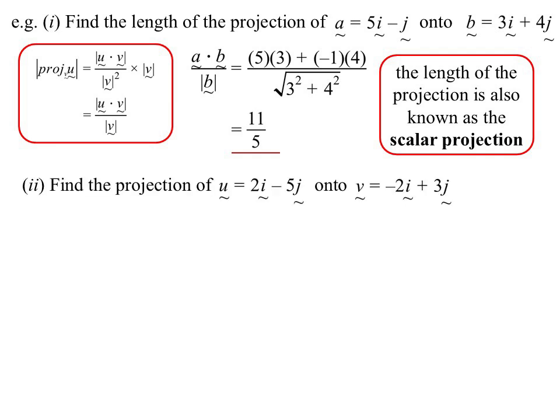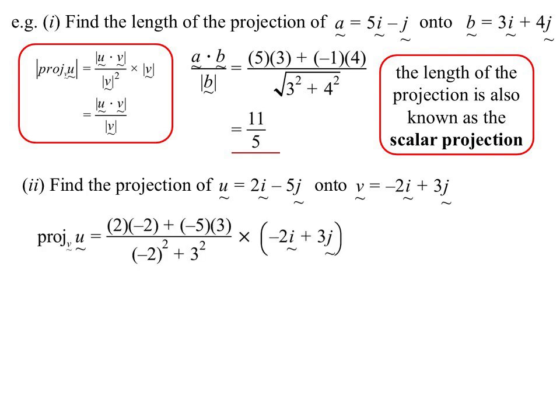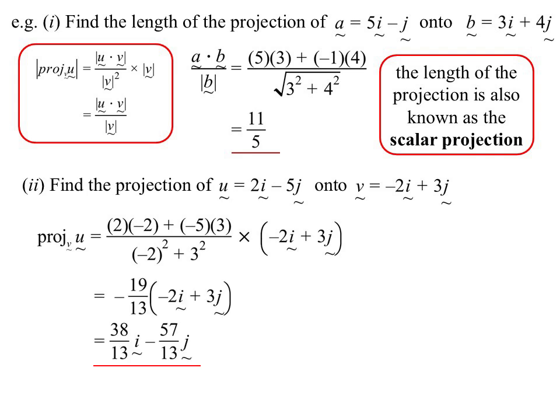We're going to project the vector 2i minus 5j onto minus 2i plus 3j. So the projection of u onto v. So u dot v, 2 times negative 2 plus negative 5 times 3 over v dot v, which is the magnitude of v squared, so I'll end up with negative 2 squared plus 3 squared. We're also multiplying it by the vector we're projecting it onto, minus 2i plus 3j, and tidying all that up,